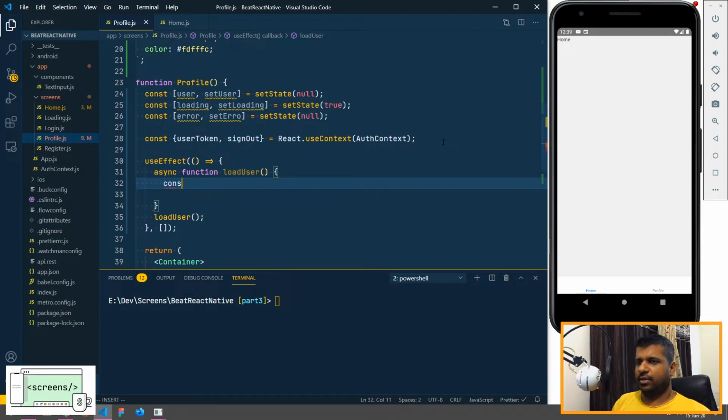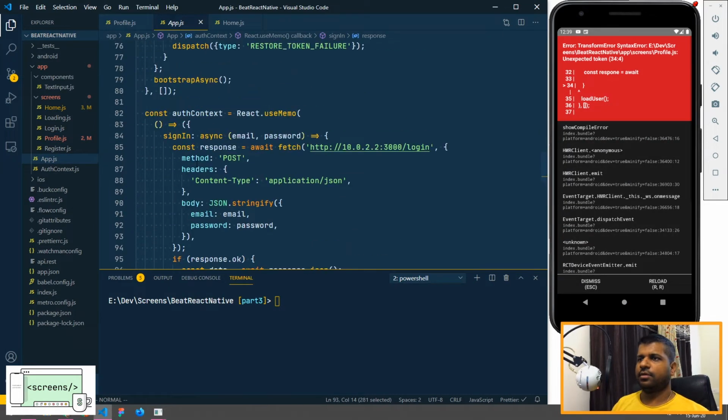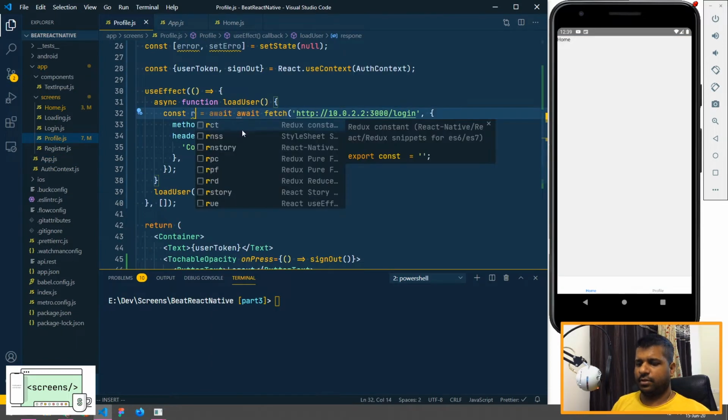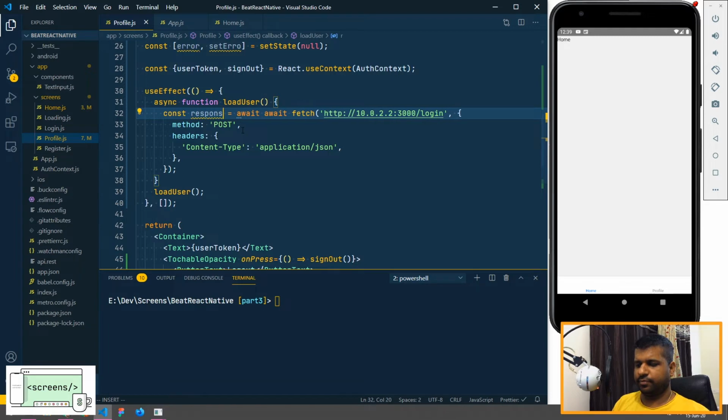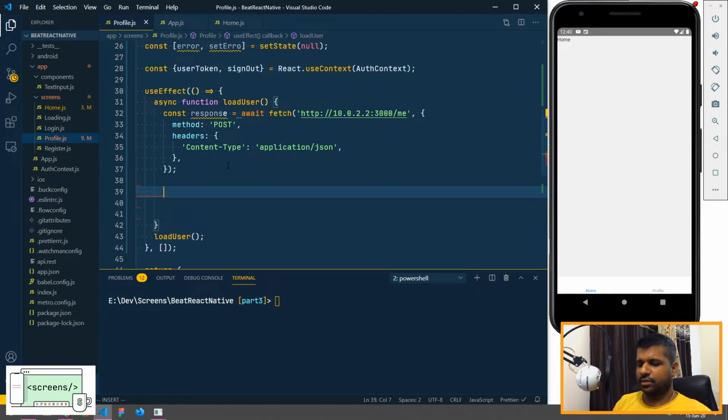So let's go ahead and get the response. We need to await. So let's copy this from here. So we need this. Okay, cool. So we need to finish the response. Instead of login, I'll just call the API ME, and we need to add certain conditions here.